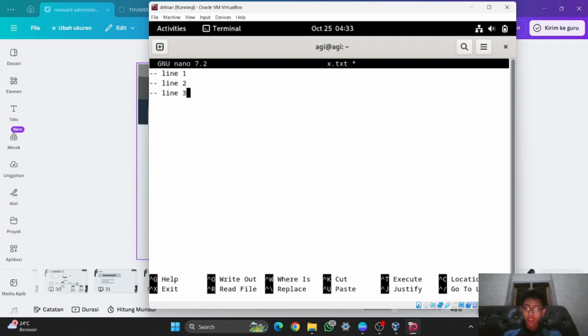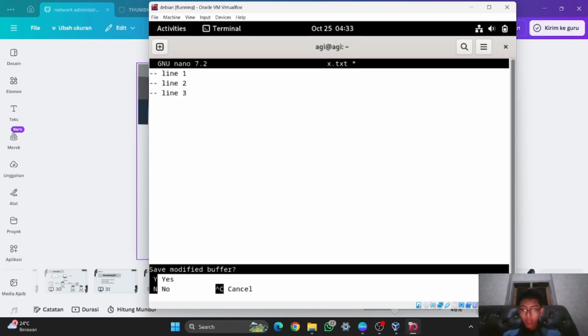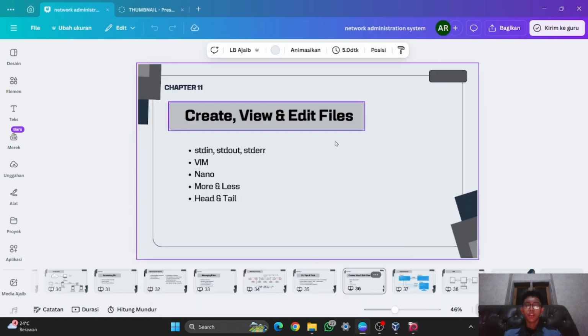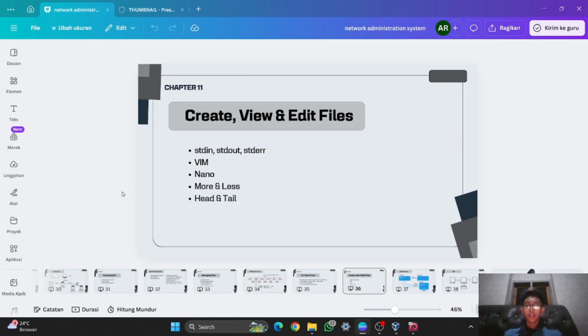So you can just Ctrl X and then N. On the save modified buffer prompt, you can type N, which is no, so the modifications will not get saved. When I check again, line 4 and line 5 are still there. So that is the function of Nano. It can create, view, or edit a file, it is like that.